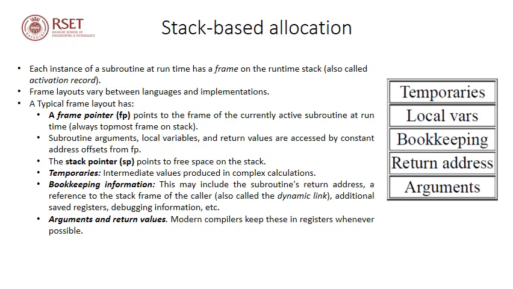And whenever the function call is over, the memory for the variables will be deallocated. All this happens using some predefined routines in the compiler. The programmer does not have to worry about memory allocation and deallocation of stack variables. Now, each instance of a subroutine or function at runtime has a frame on the runtime stack, also called an activation record. Towards the right hand side of the slide, you can see a typical activation record layout.